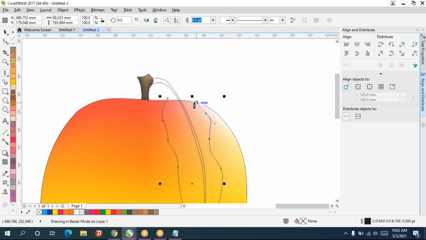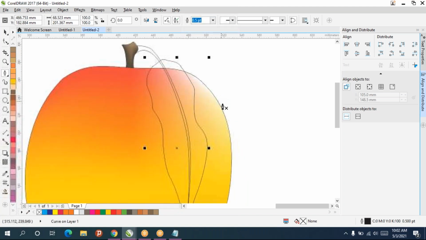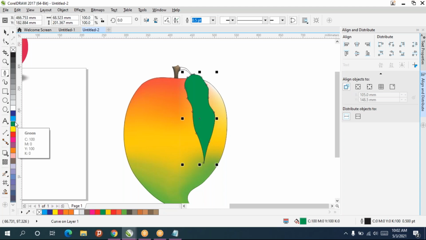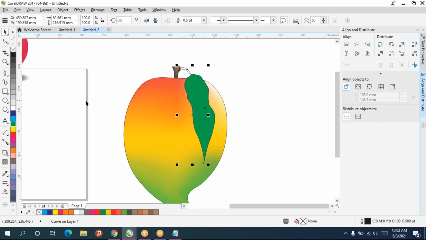I'll create the leaf. And give some color for that. And for this also I'll give some color.